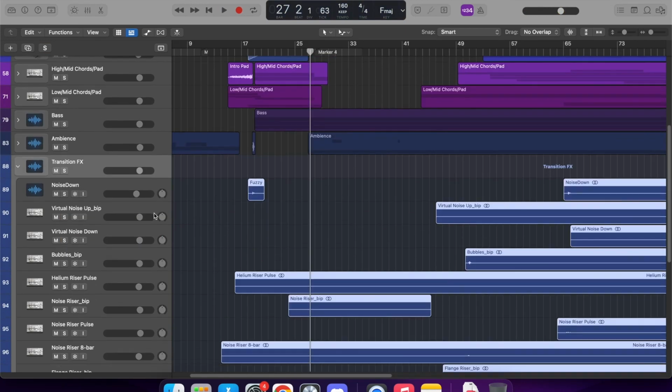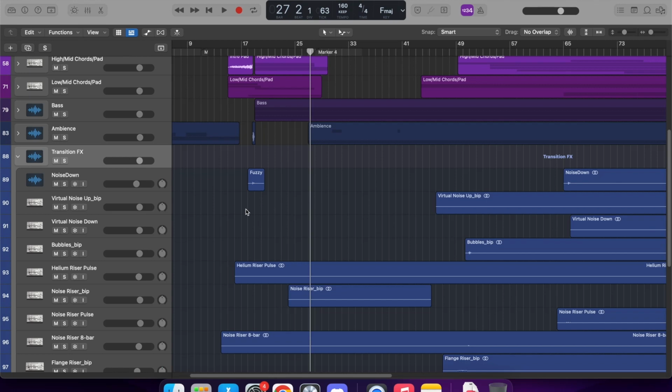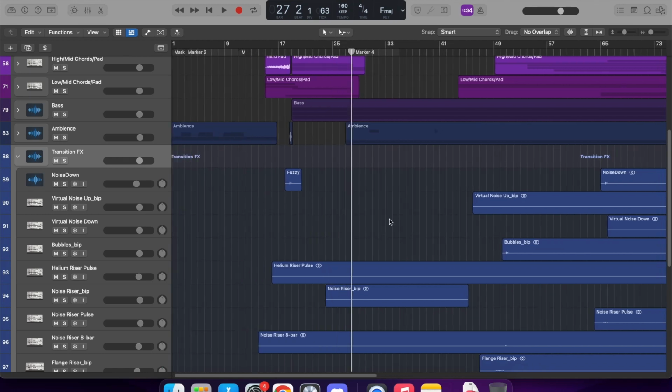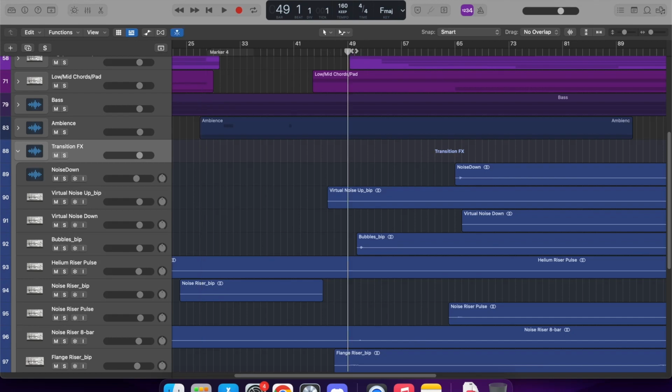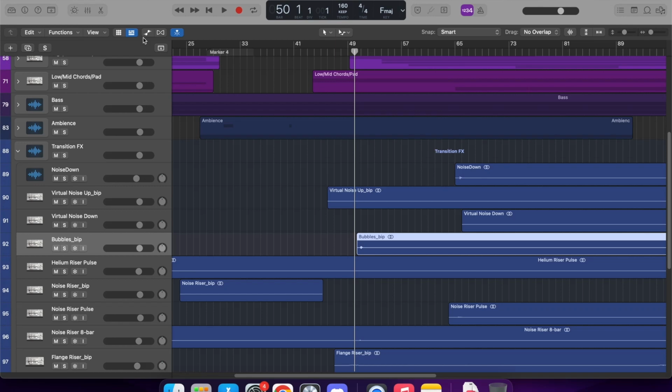This transition tab is full of junk, nothing too interesting. Just simple noise-based risers and fallers, some filtered, some modulated. Although there is one thing I love right here, which is right before the chorus. And that's just a preset for Vital that I found, and I edited it a little bit.